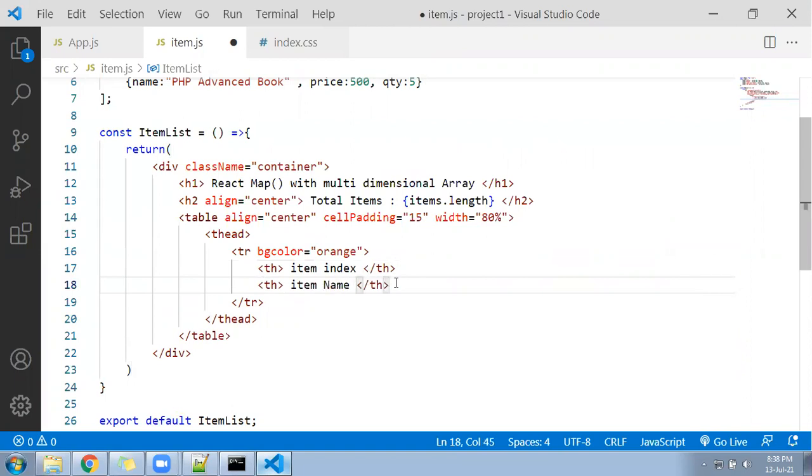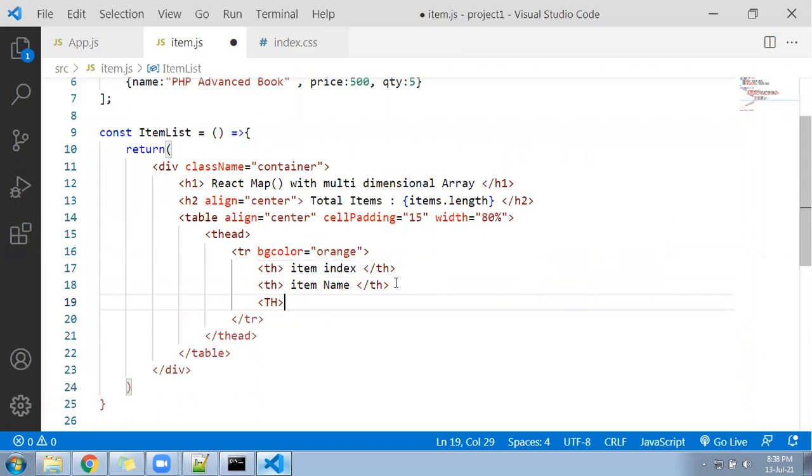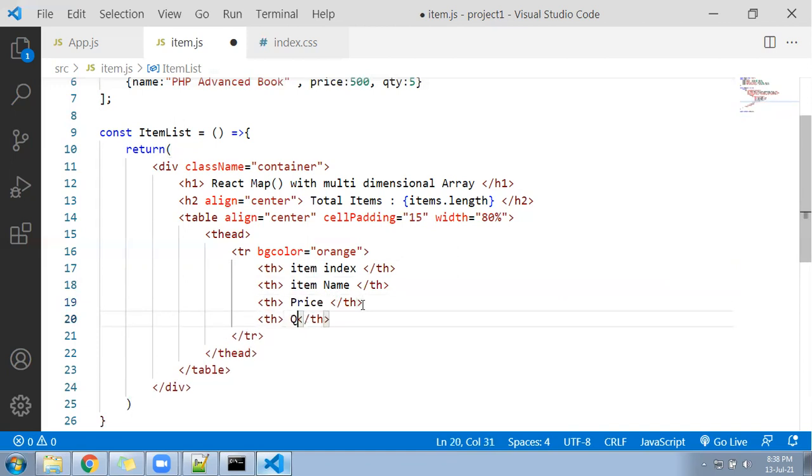Next I will keep a TH for price, and then quantity. And finally, we will be adding here total as well.